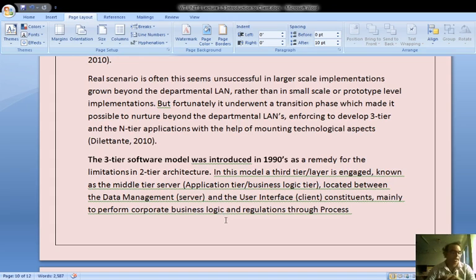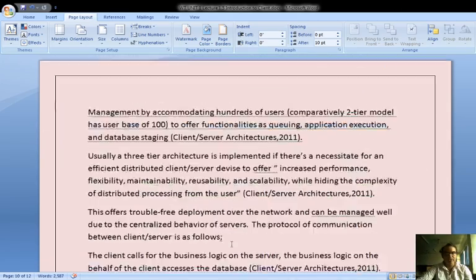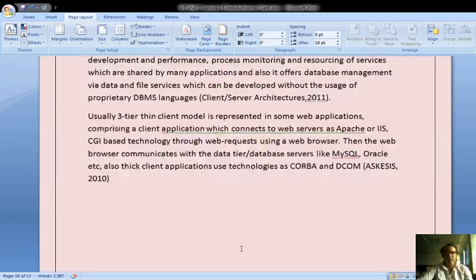Now let me tell you, I am going very technical in this because I want to let you know through this video what the two-tier system or the 3-tier and N-tier system is all about. But in our university examination, we need not go into so much technical information. We will just have some notes of it, which we will get in our question banks. Now we will move ahead to the 3-tier and N-tier models.